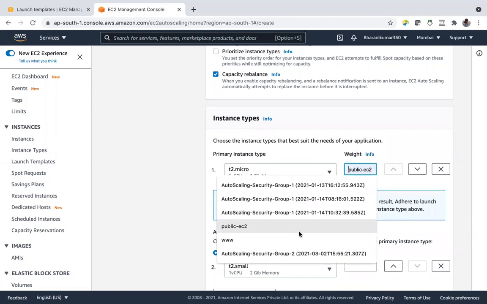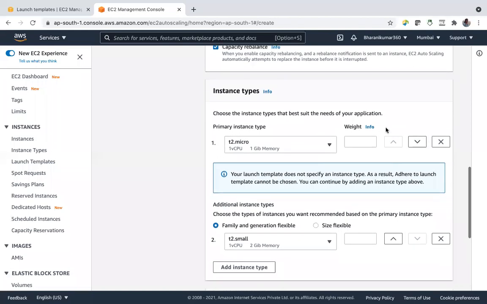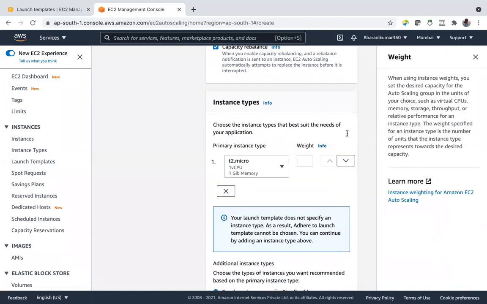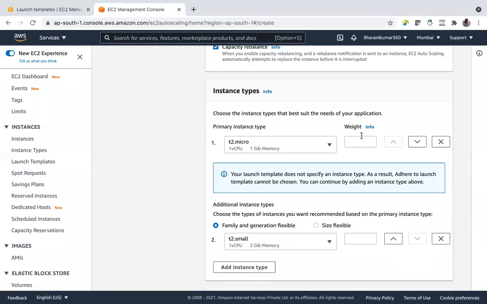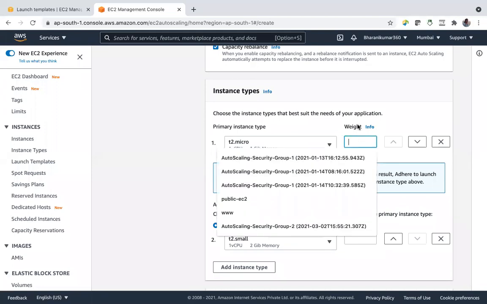Wait, what is this weight even? Okay, number of units. Even I'm number of units, right?